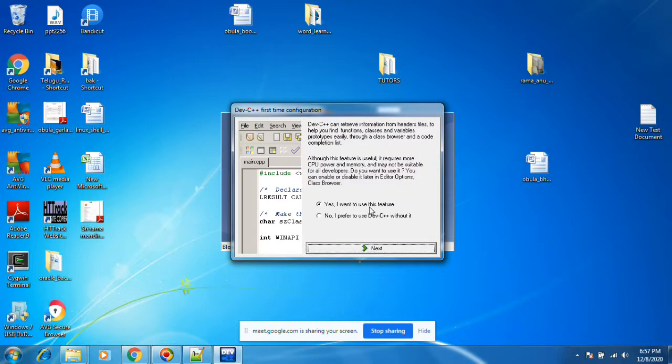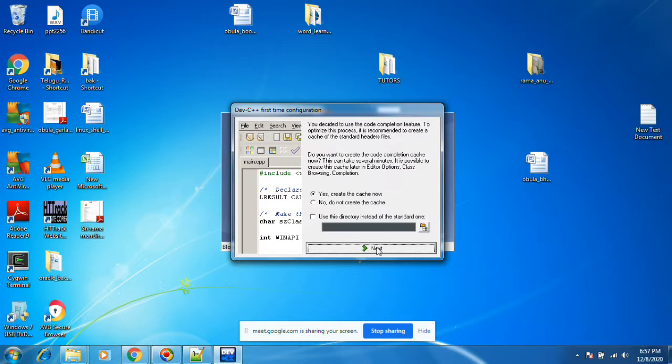I want to use this feature. Okay, next. These are all header files. All .h files are header files. It is loading.